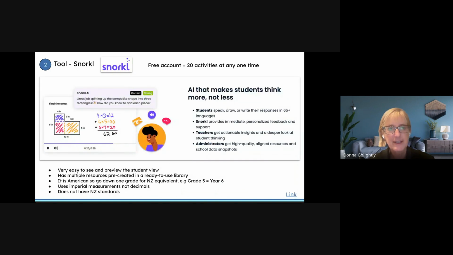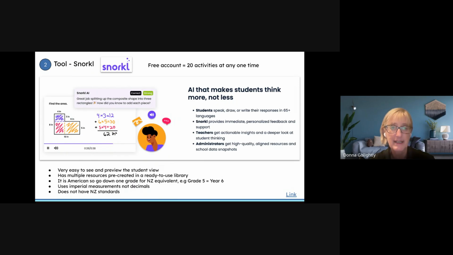And the second tool is Snorkel. Is anyone using Snorkel? Maybe a thumbs up or a drop in the chat if anyone is using it. I can see now in the chat, there are a few people who have become aliens and robots who have discovered those filters. Snorkel is a great tool if you are looking for a way to use some AI